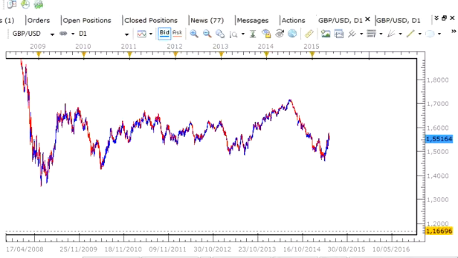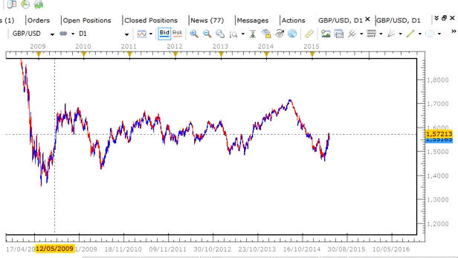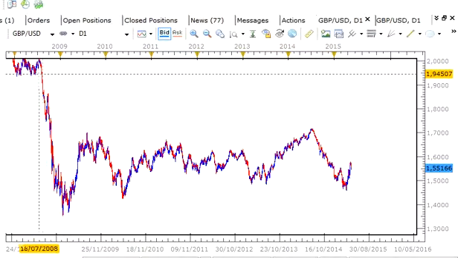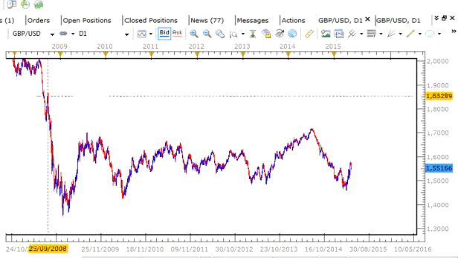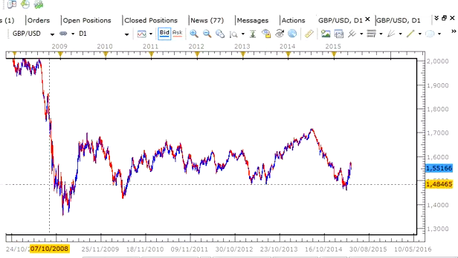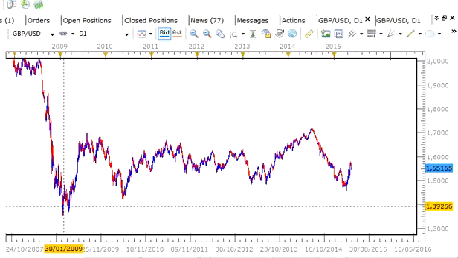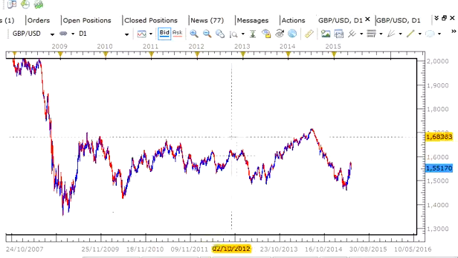Okay, so starting on the daily chart, we can see that the market has actually been moving in a very long and extended sideways pattern since 2008. As you would recall, this large, sharp movement in favor of the US dollar essentially reflected the safe haven flight to safety activity that took place within the context of the 2008 financial crisis. That movement and the end of that movement represented the start of this sideways pattern, which